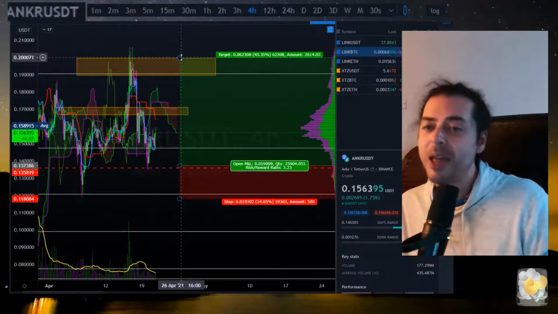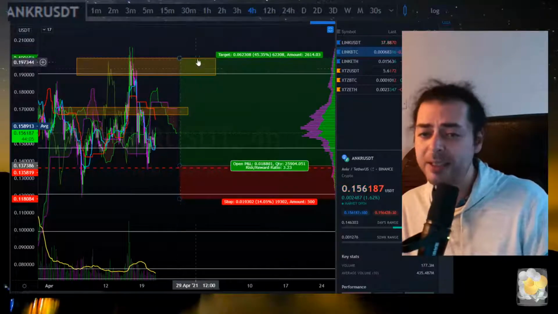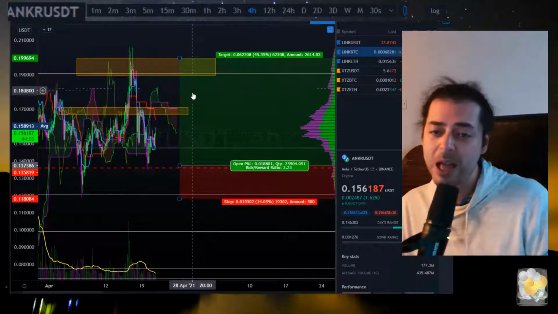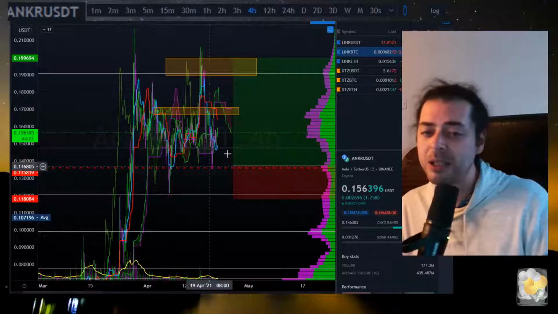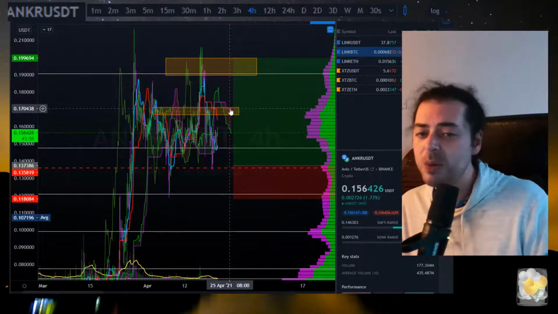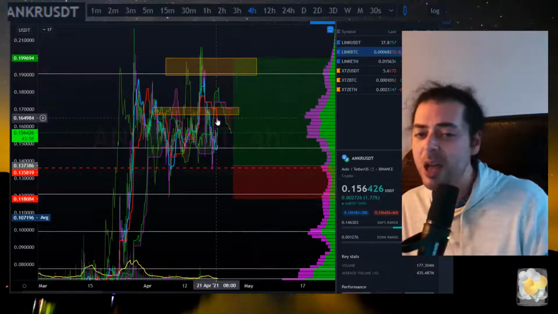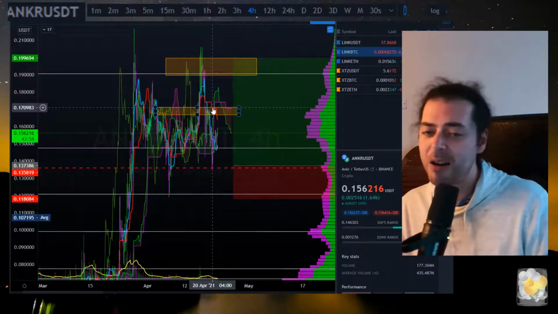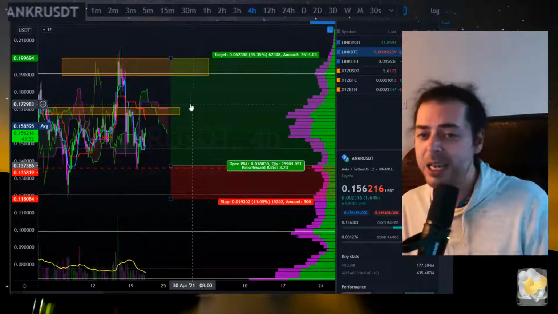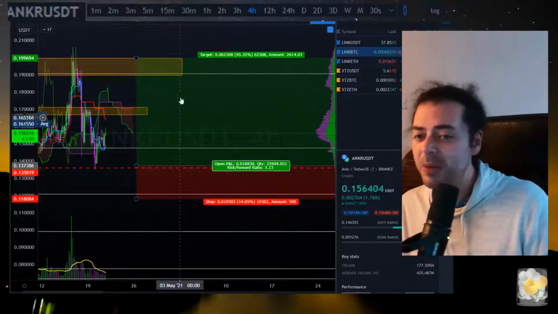And then maybe thereafter we're looking up towards 20 cents, and that is of course not just a maybe but a quite probabilistic thing when we consider the range overall. As soon as we get past this area, we'll have taken out the cloud, we'll get a positive cross, and we'll be looking up towards that area probably as the next target quite easily,